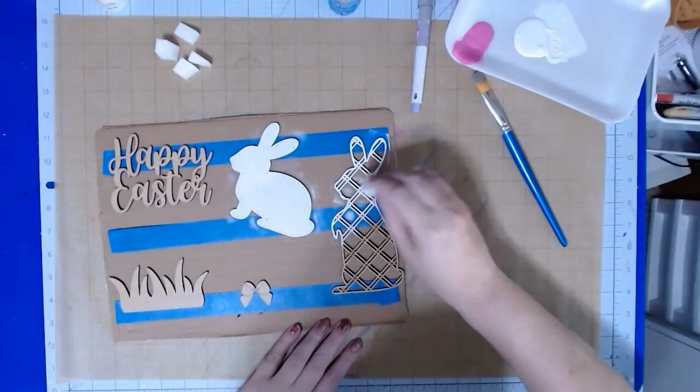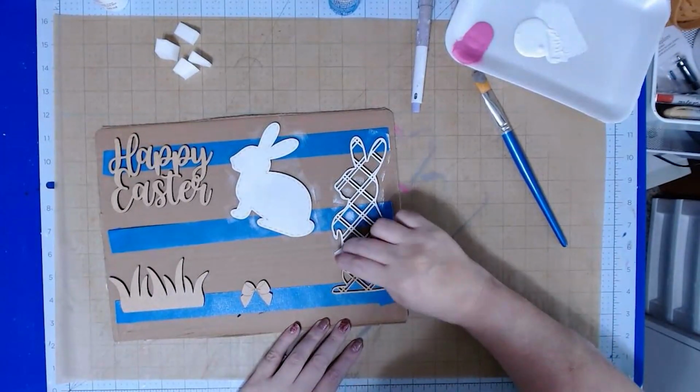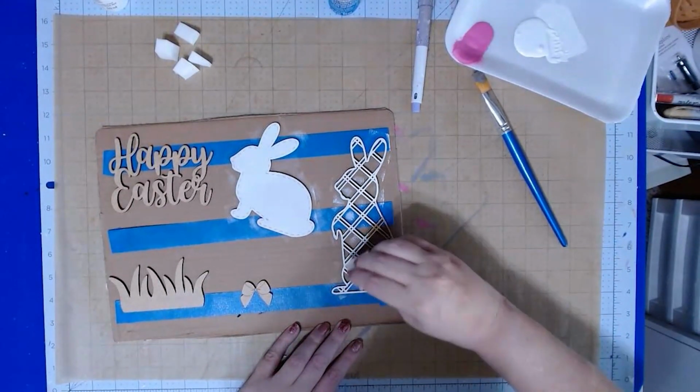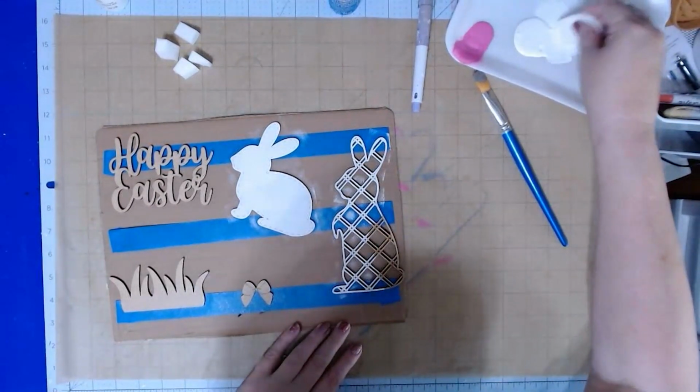Like you'll see, you don't need as much paint as you think you do. I'm going to end up with a lot of extra wasted paint there, although I'll probably just paint something else this morning that uses it up. That's what I tend to do. But